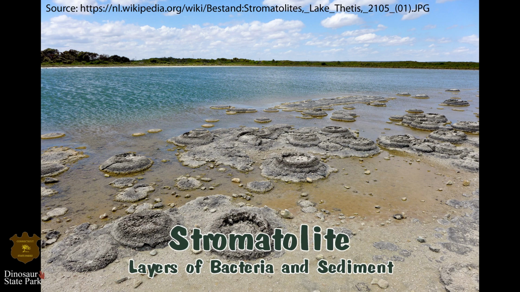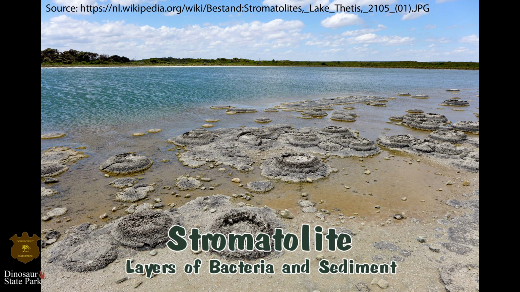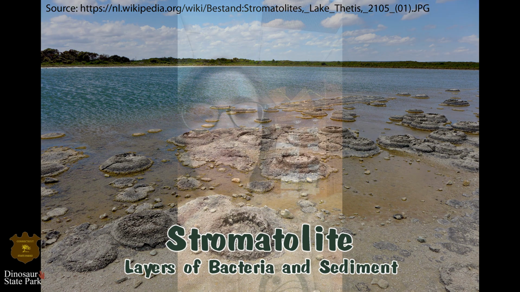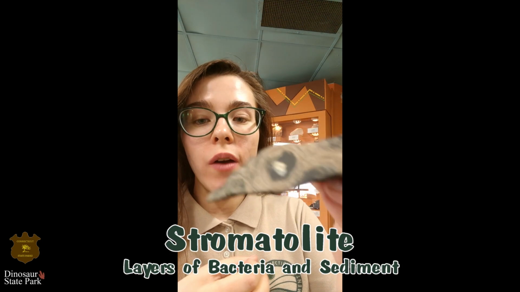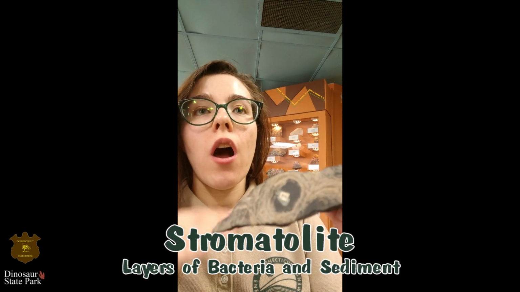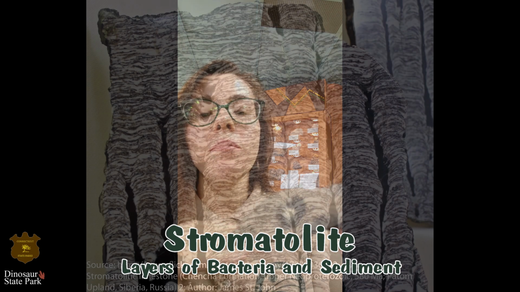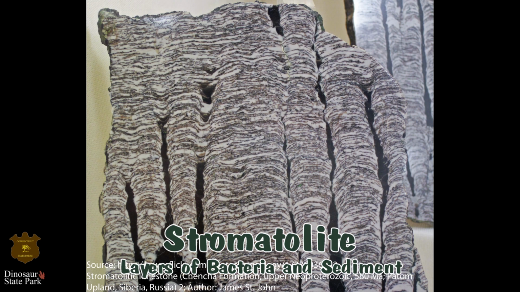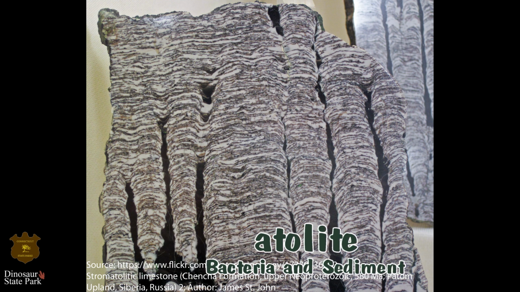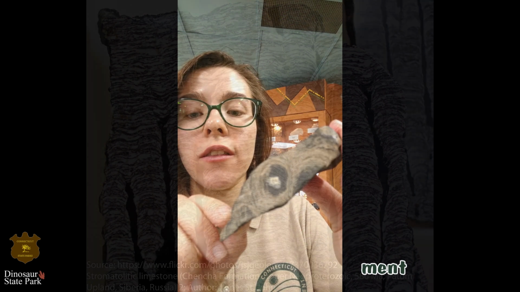These organisms would get the sun and the warmth from the tidal areas and the shallow areas, and then over time a layer of sand or sediment would go on them, and then they would grow on top of that, and it would just keep continuing. So you see these layered mats in the fossil record.